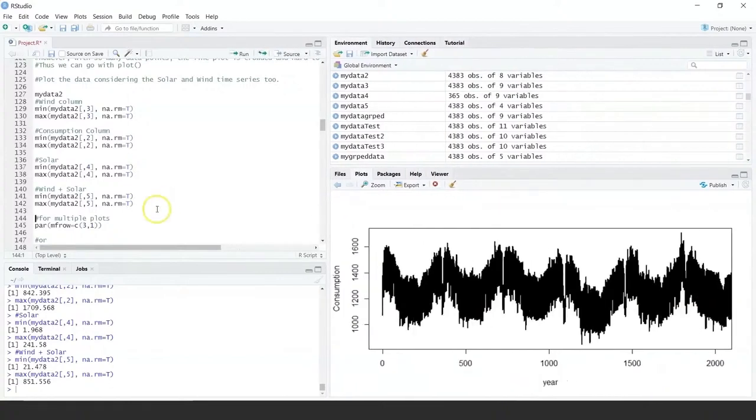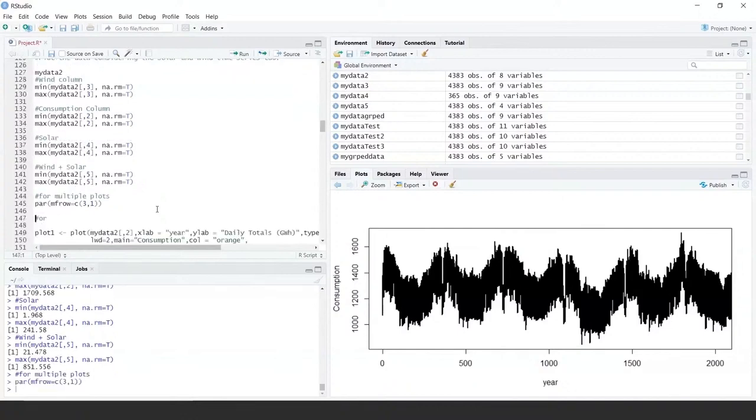So that's fine. Now for multiple plots, as I said, instead of having one plot, let's plot consumption and wind and solar and try to see a pattern. So I can say par function, and I will say 3 rows and 1 column. So now when I start plotting, you will see you will